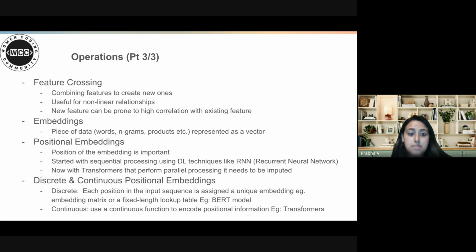Discrete and continuous positional embeddings are what are being used currently in the newer models coming out, like the BERT model and transformer models used for NLP training in the last couple of years. I think there's an introduction about these two techniques in the book, but there are a lot more resources online to understand more about them because of all the changes in the last couple of years.